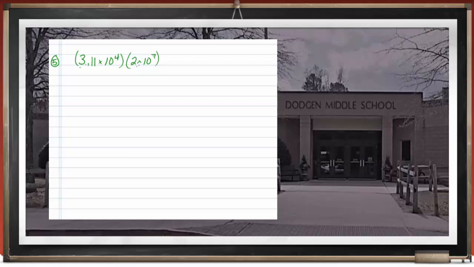Now we want to remember that we will be multiplying our decimal terms, or our terms in front of the multiplication sign. They can get multiplied together. So 3.11 times 2 gives us 6.22